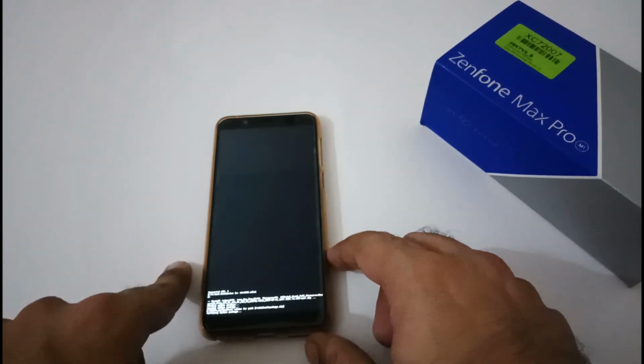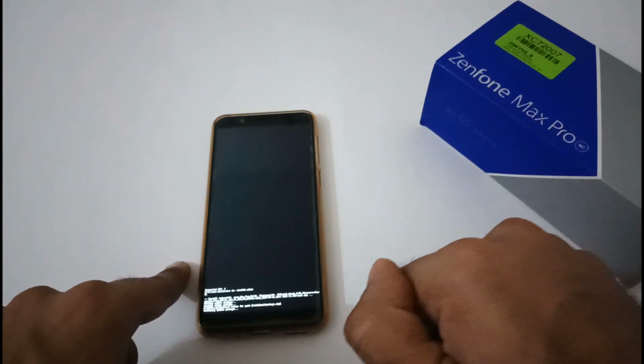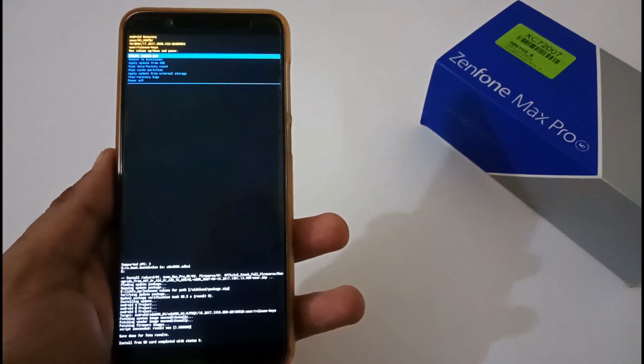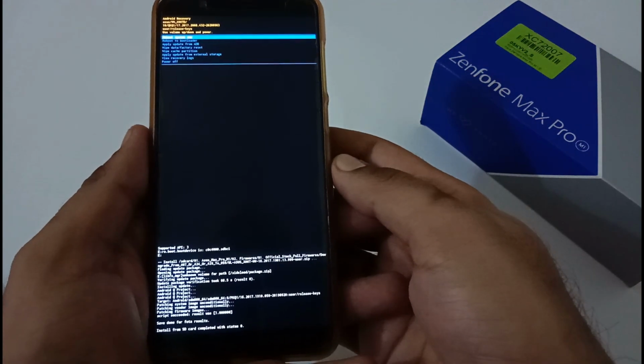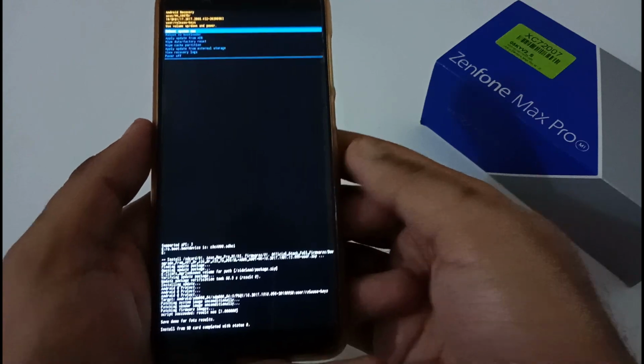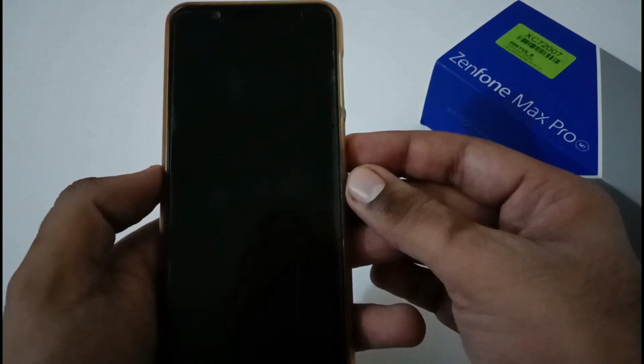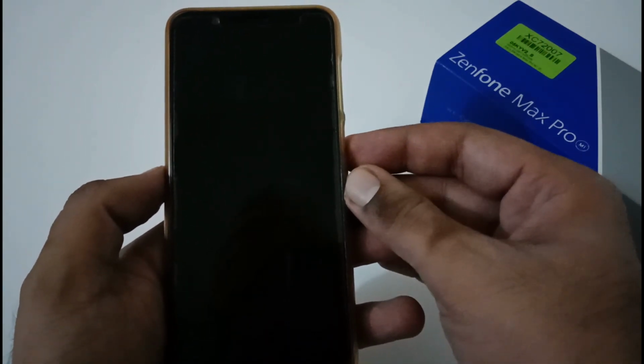This is step 1, and afterward we'll move to step 2, and you will be able to know why we have to take the backup of all the data. So let's wait till it completes. Finally, step 1 of the downgrading process has been completed. Now let's reboot the system, and I'll show you why we will be needing step 2 and why we have to take the backup of the data as well.